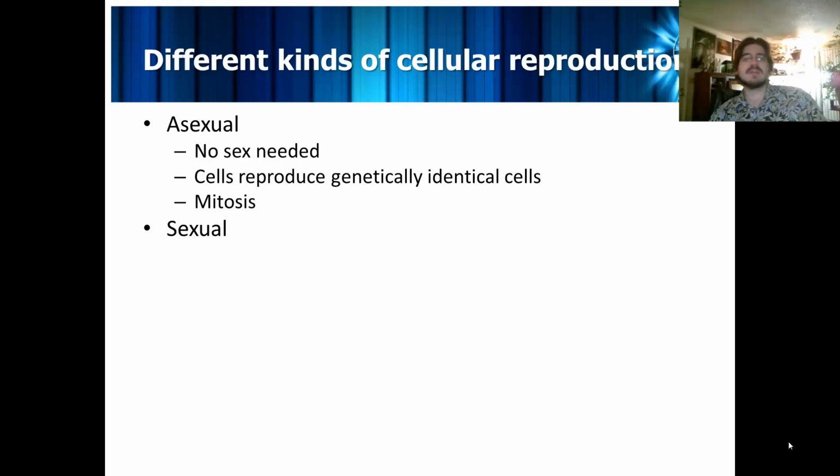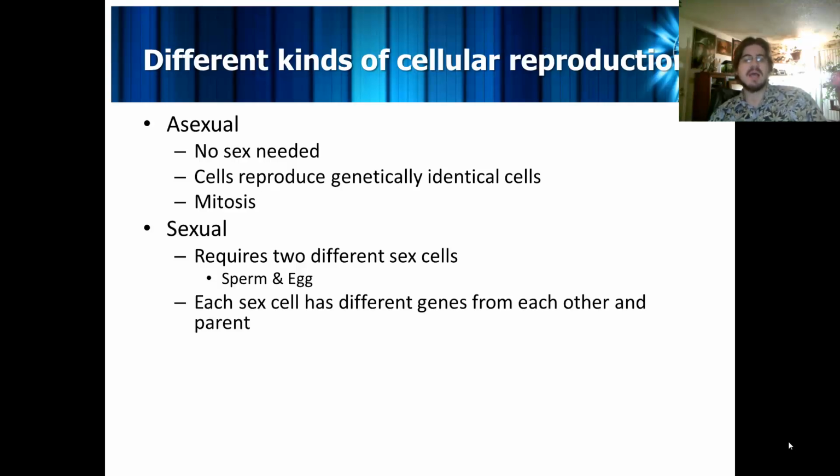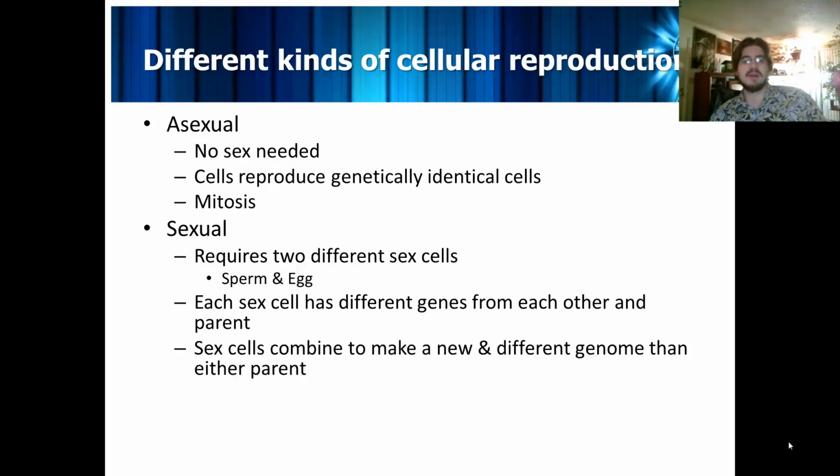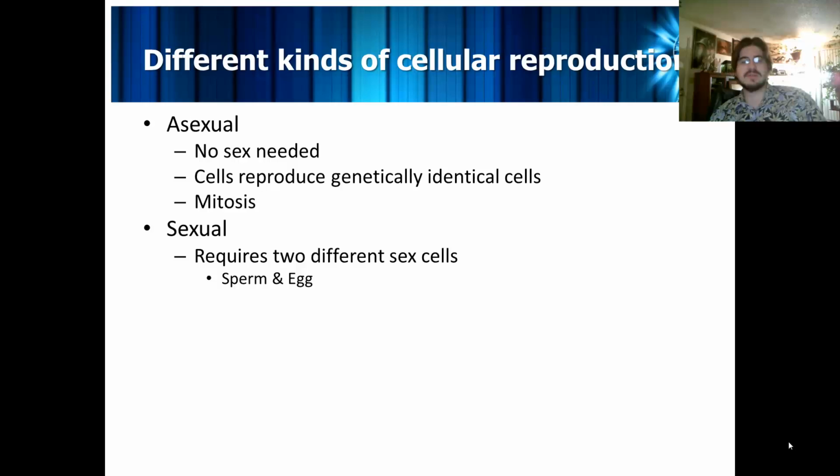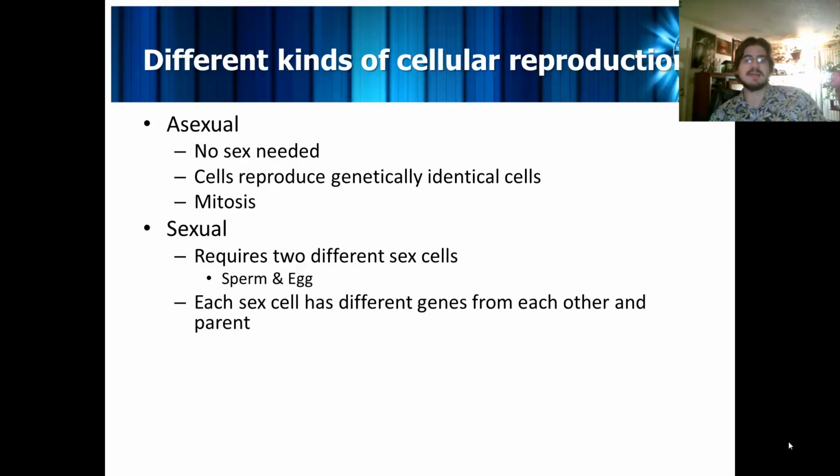And then there's sexual reproduction. And this requires two different sex cells, a sperm and an egg. And the process generally used to produce a sperm or an egg is called meiosis. A sperm or an egg has different genes from each other and the parent. They are not identical. So the cell that produces the sperm or the egg is not identical to the sperm